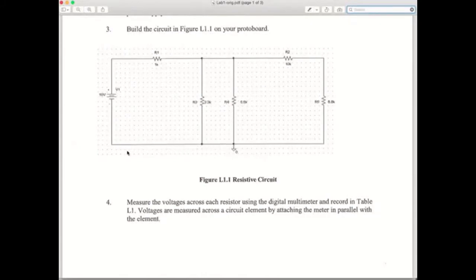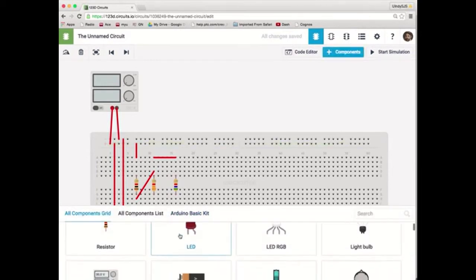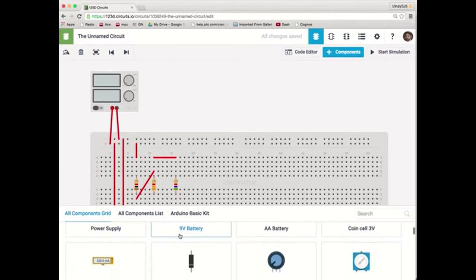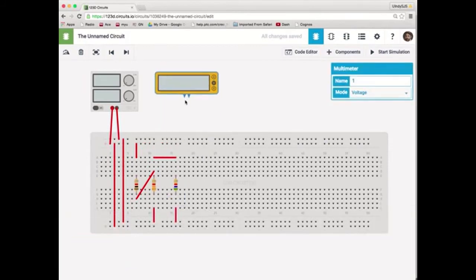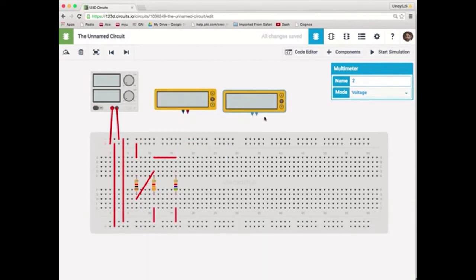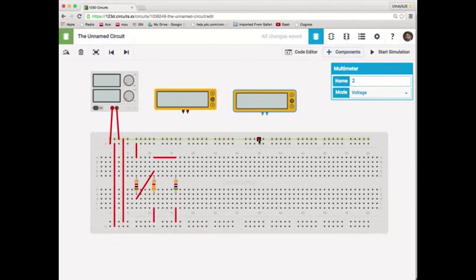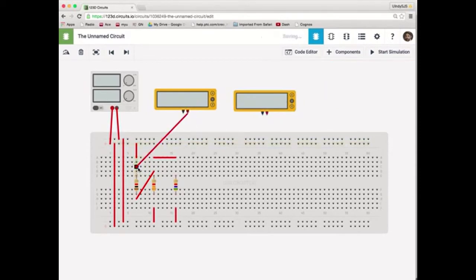and we're going to consider the potential at the bottom to be ground. So now I can start the simulator. Actually, before I start the simulator, let's add some voltmeters. So I'm going to throw in a multimeter. Got one of those guys right here. Let's put in 2. So I want to measure the voltage across the 1K. So I'll put one terminal of the multimeter on one side of the 1K and the other on the other side, and same with the